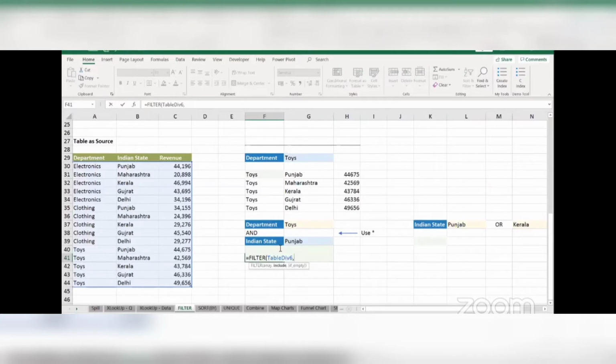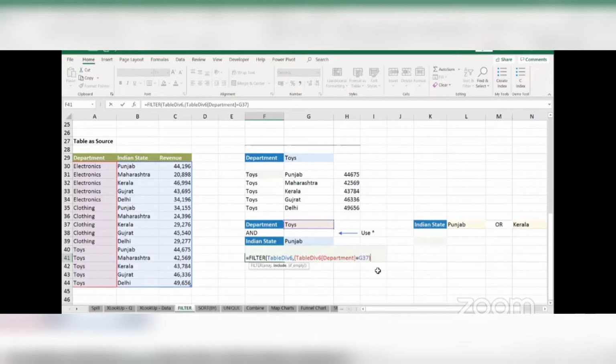All right. So for example, if I want to enter the first criteria, which is department should be equal to toys, I can simply go and have an opening bracket. Because we are writing a criteria, it should be surrounded with a round bracket. So we will have our opening bracket, select the entire column of department, is equal to toys, and close our criteria with a round bracket.